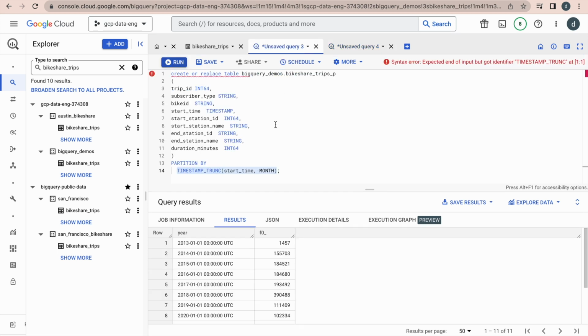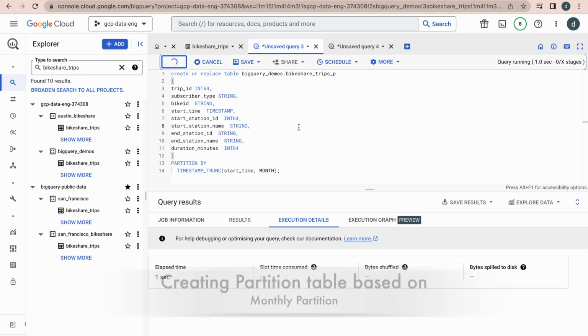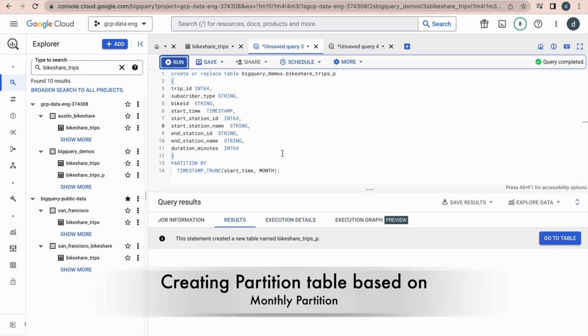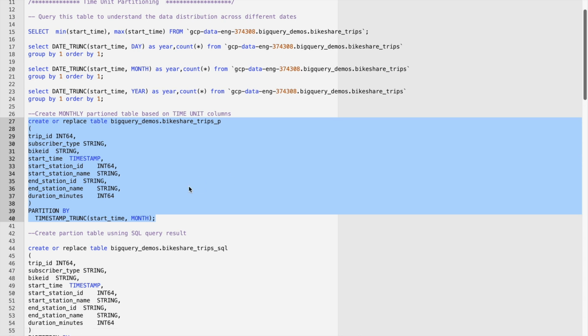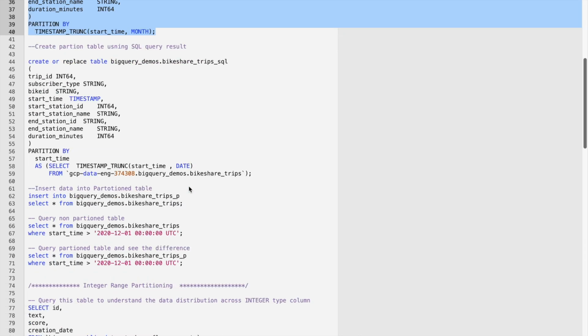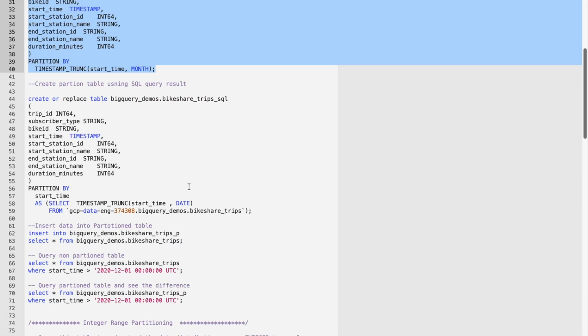Now let's create this table. This is going to create a partition table based on the monthly value. Now the table has been created. Now what we will do is try to insert the data into the partition table, but before going to the next step,